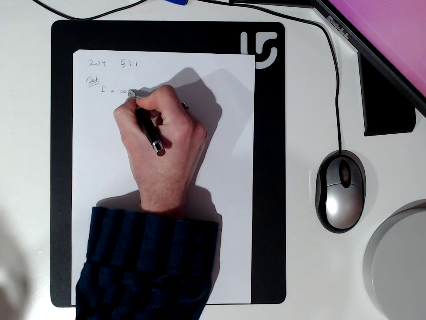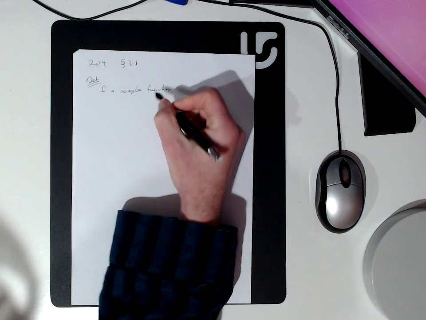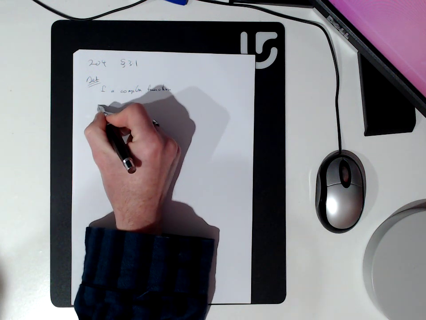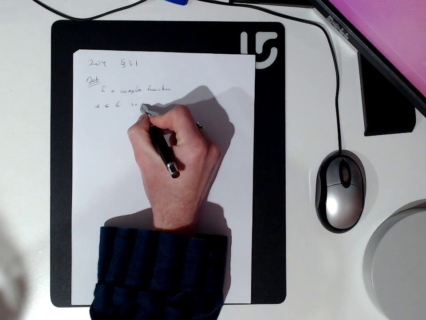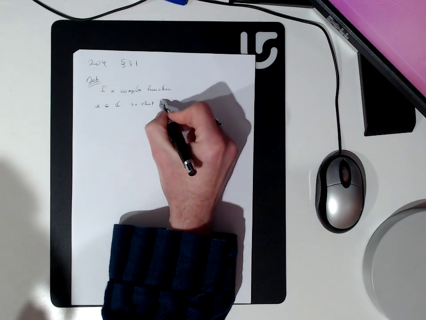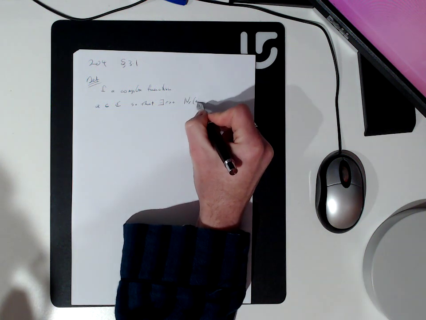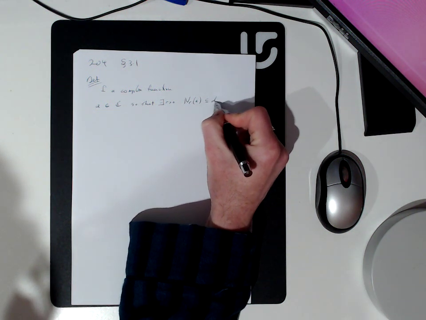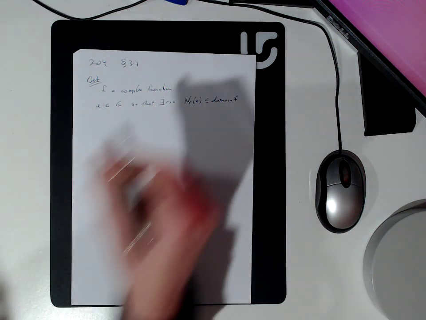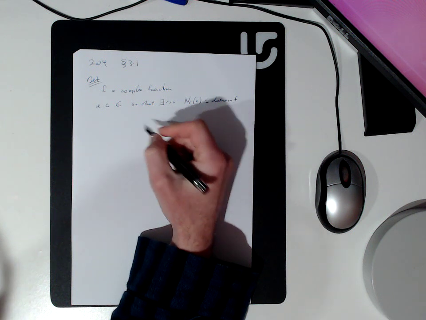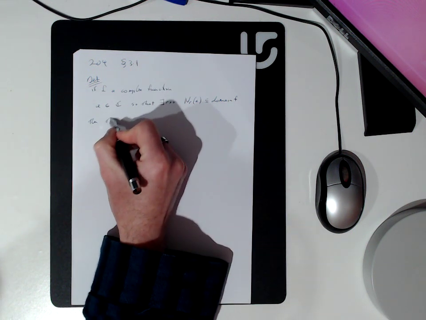Let f be a complex function, and let A be inside the complex numbers, so that there exists some radius greater than 0 such that the R-neighborhood is inside the domain of f. In other words, A is an interior point of the domain of f. Then the derivative